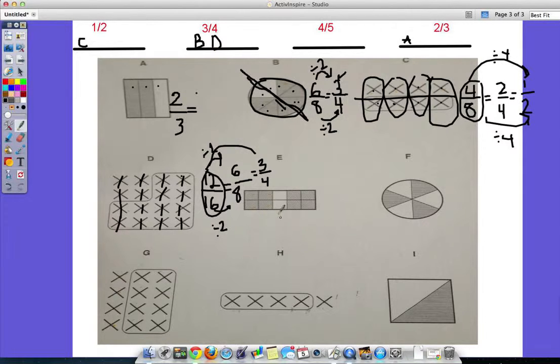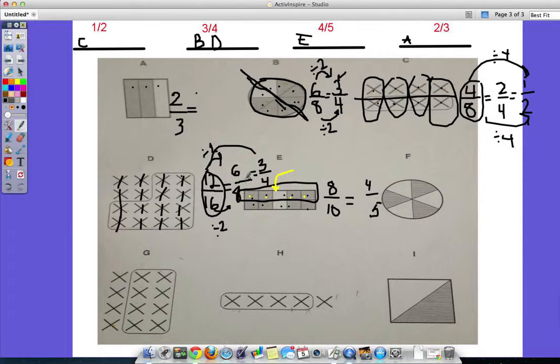Moving to letter E, we see there 1, 2, 3, 4, 5 in each row, and then you get 10 in the whole thing, and 8 of those 10 are shaded. This one, once again, recognizing they're both even, but hopefully you're starting to see the groups here. This shows that 4 out of every 5 are shaded. And there's 8 out of 10 in the whole. So this is showing that equivalency right there. Both sides are divisible by 2, and yes, you get 4 out of 5. So E, you would put